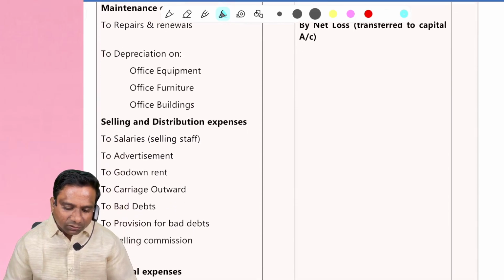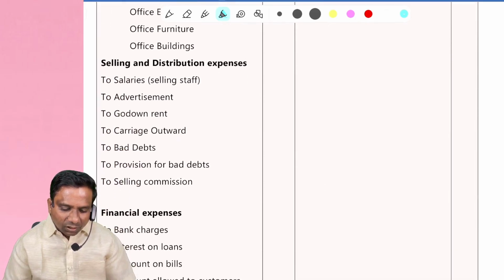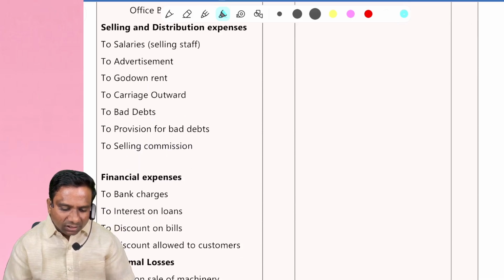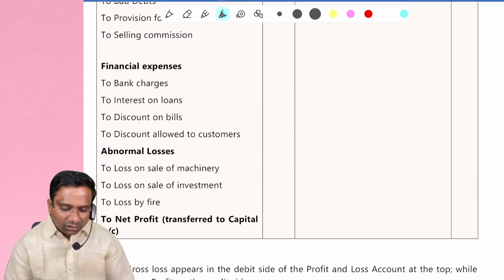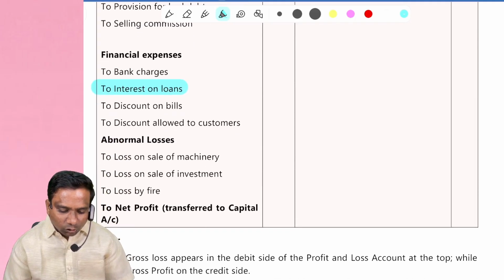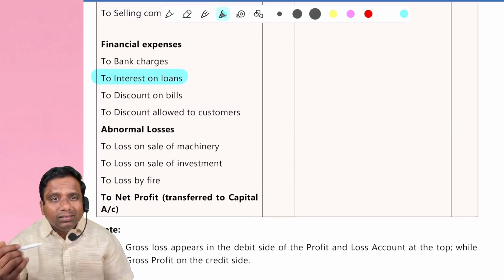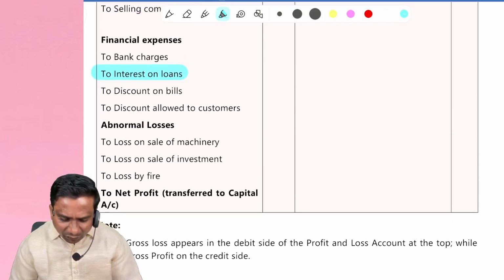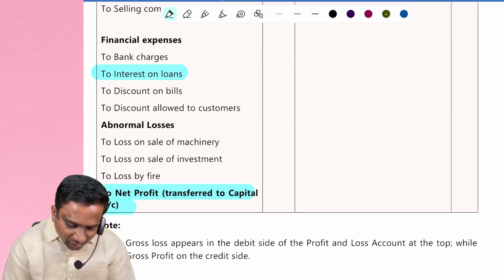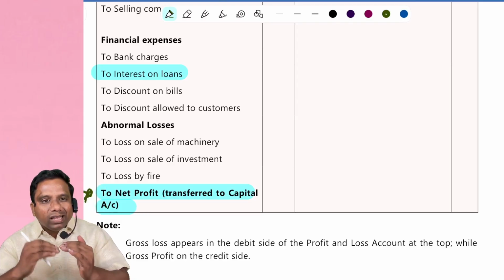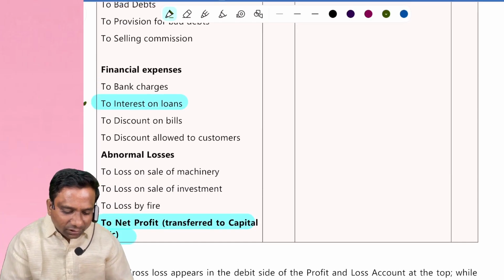Observe some expenses: depreciation, salaries of selling staff, advertising, rent, carriage outward, bad debts, provision for bad debts, finance charges, interest on loans. Like this, there are some expenses, no? And here we get net profit. Now what are we taking? We are taking this net profit and adding the expenses,